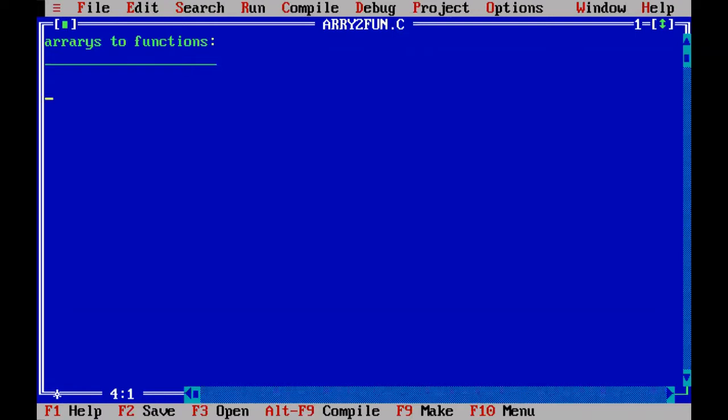So the first type is passing a single array element.